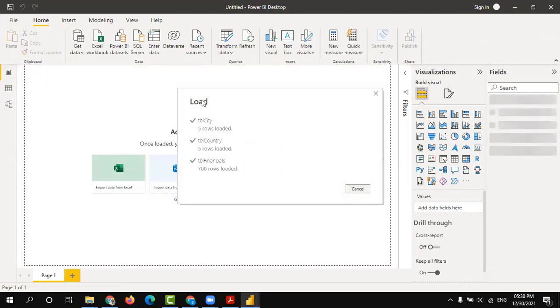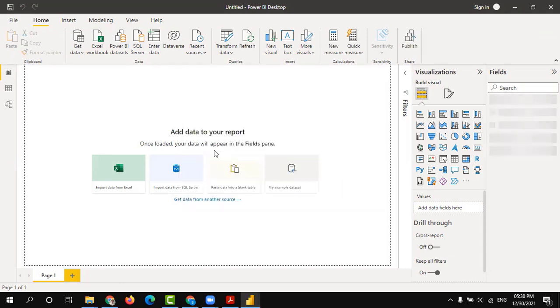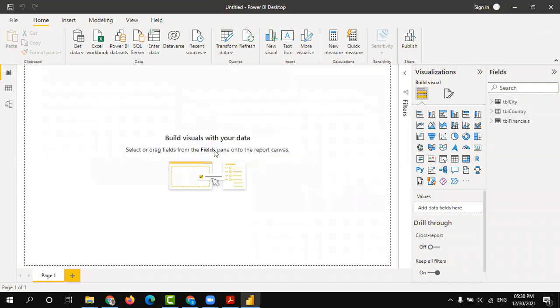So it is loaded perfectly without any errors. You can see on the right side there are three icons. One is called report view. These two are called Power Pivot.